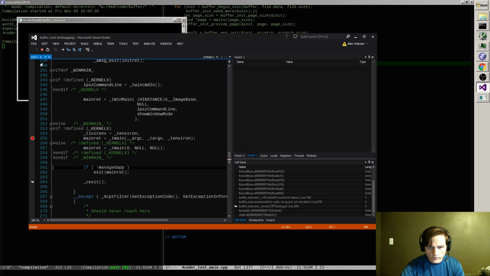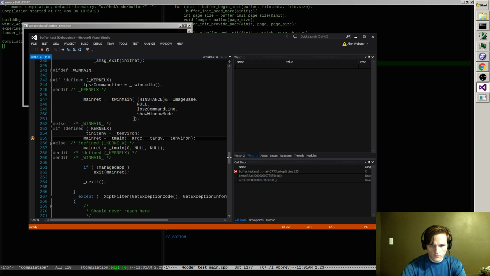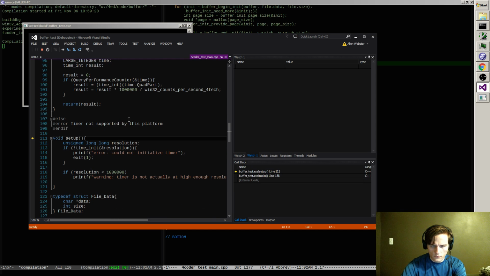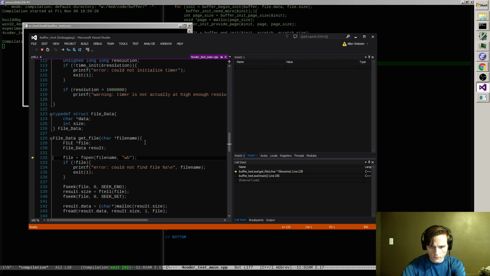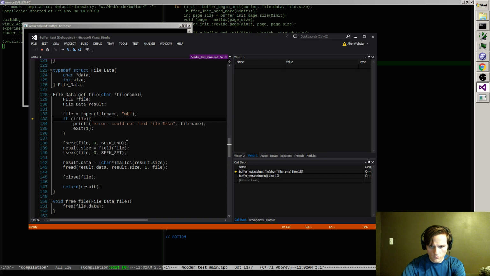Okay. What? So wait, if there's not a file with this name, it can still return a valid handle?